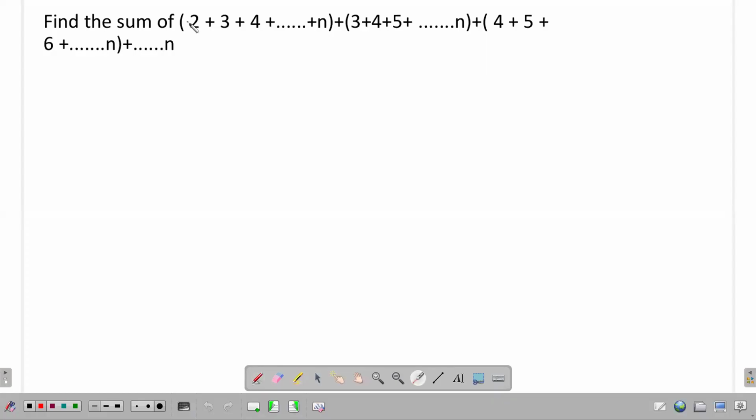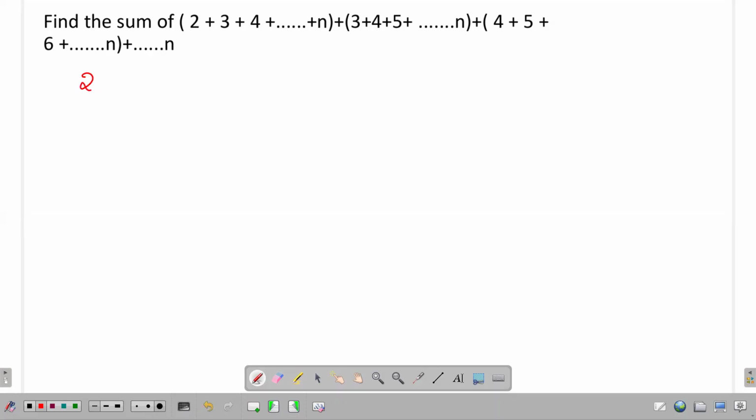Alright, students, please take a look at this question. You are asked to find the sum of 2 plus 3 plus 4 plus etc. up to n terms, plus 3 plus 4 plus 5 plus etc. up to n terms, plus 4 plus 5 plus 6 plus etc. up to n terms. Like that, you are considering n such instances. Okay. So for better understanding of this question, I am going to present the situation that is given here